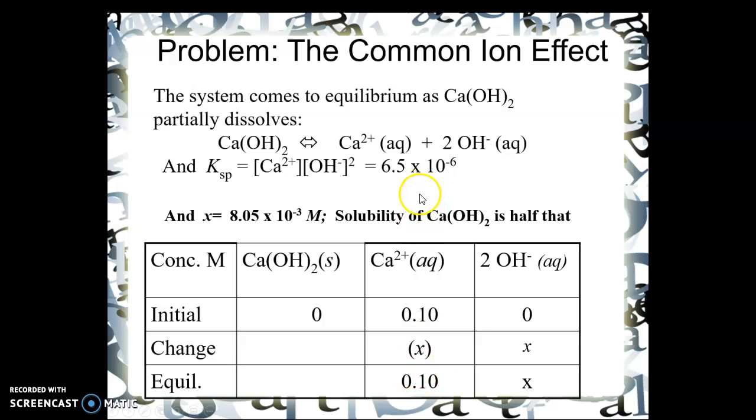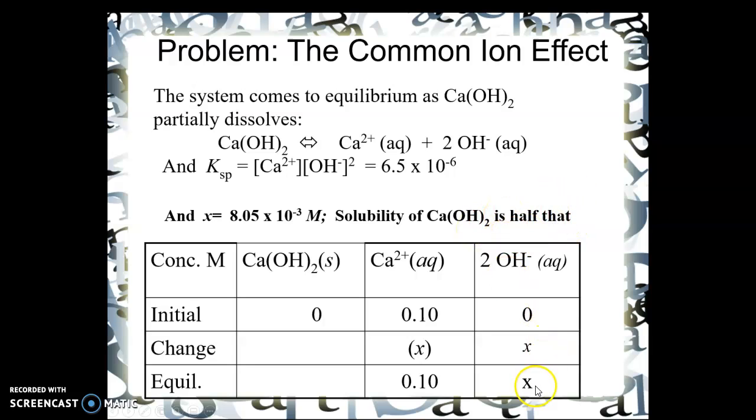When we then solve this equation with calcium as 0.1, we will divide both sides by 0.1, and we will then take the square root, and we get X equal to 8.05 times 10 to the negative 3rd. That's the amount of new calcium that we've got, which compared to 0.1 is negligible. The solubility of the calcium hydroxide itself is half that,